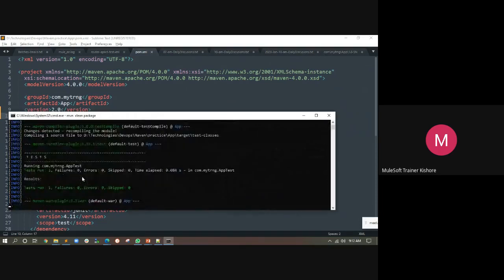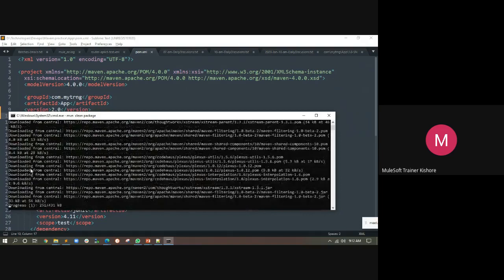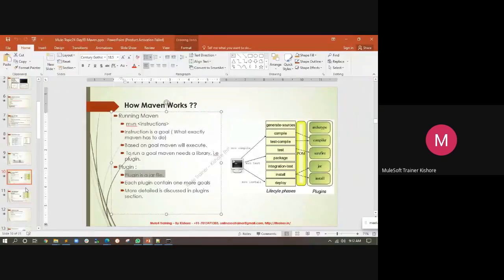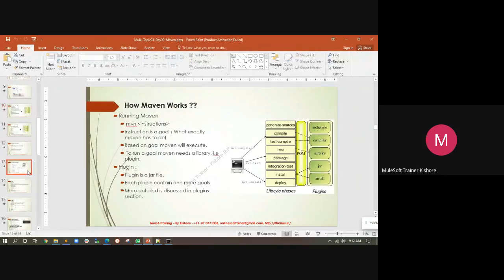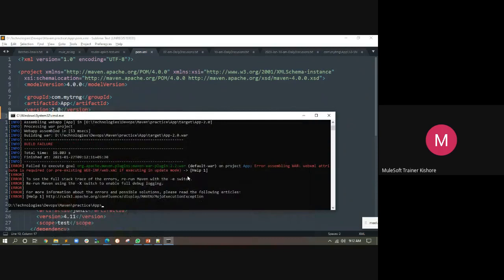So for the war packaging, see here, this is what it is downloading, from where? Central repository. That is what I have explained over here. This is the step it was doing, right? There is something, web XML attribute is required. It is looking for something else.